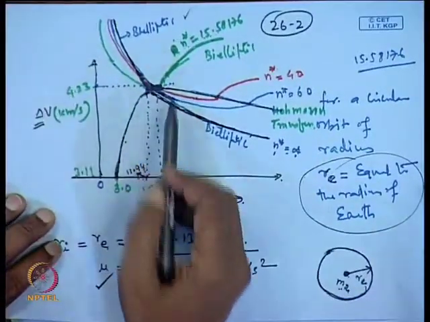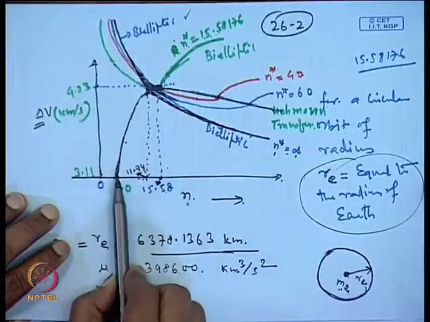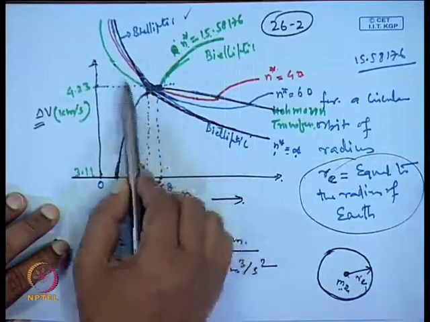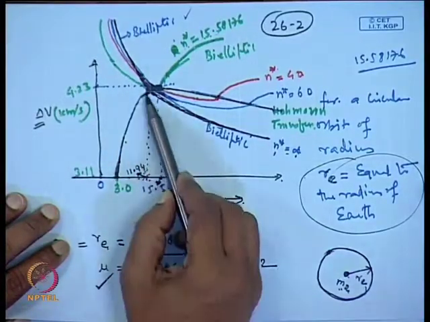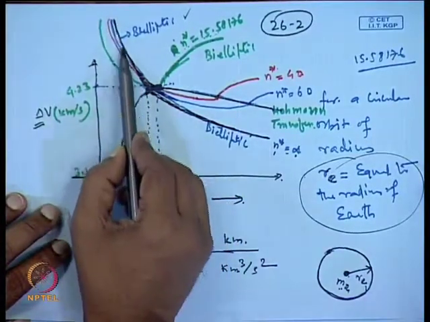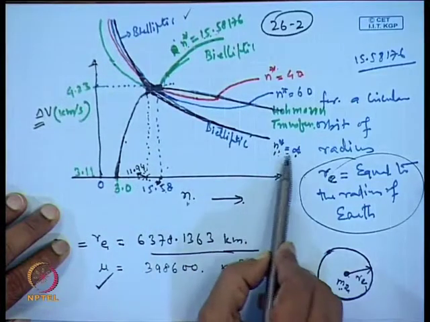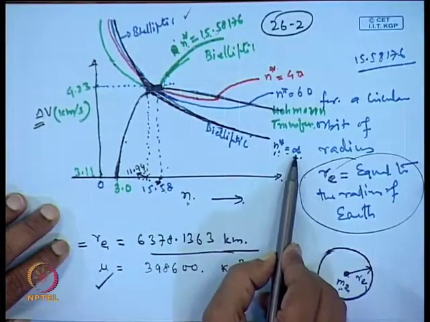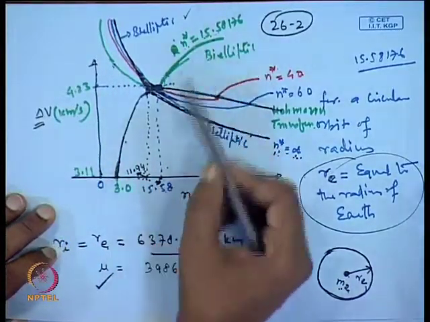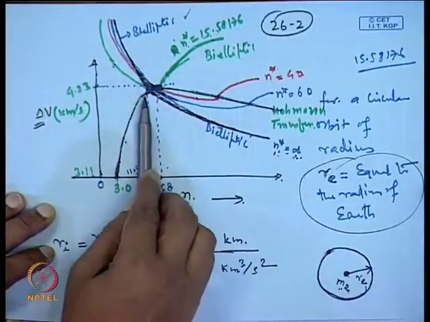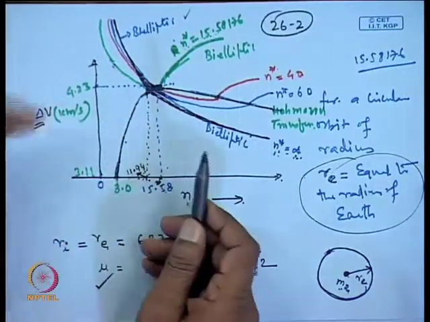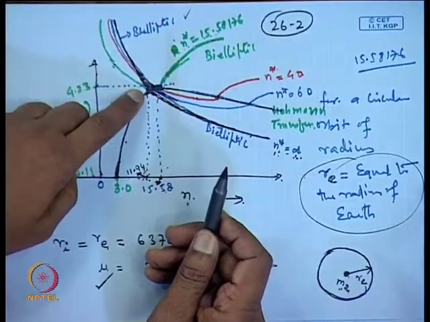So, again look into this curve, this is not very clear, it has got a little blurred, but in this region definitely you can see that till the point 11.94 the Hohmann transfer curve lies below the bielliptic transfer curve, which is here the bielliptic transfer curve for the intermediate radius of n star equal to infinity, and this is for n star equal to 15.58176. So, in this region where n is less than 11.94, delta V is coming lesser than the value of the bielliptic transfer,